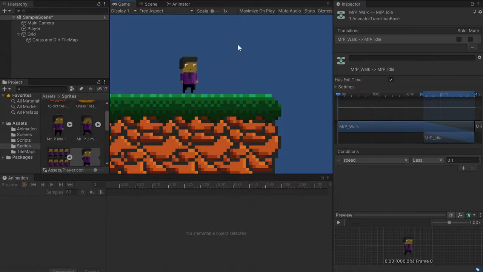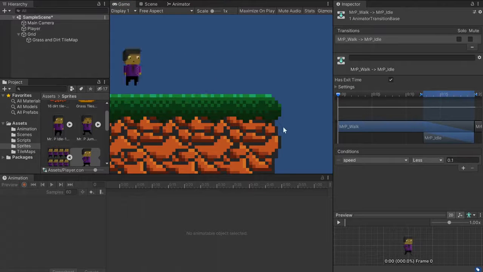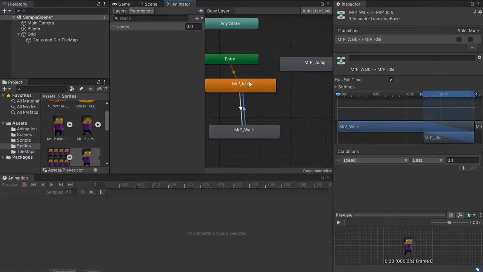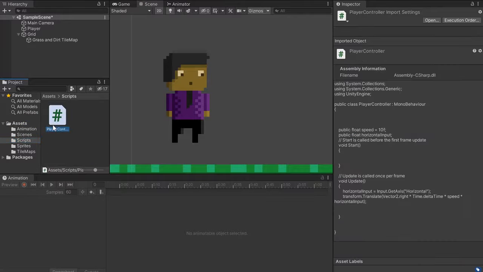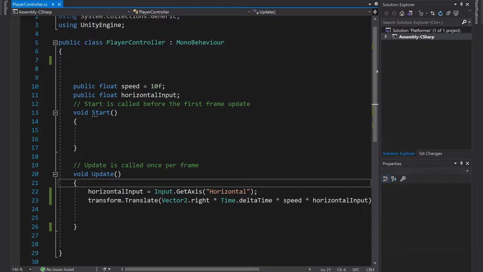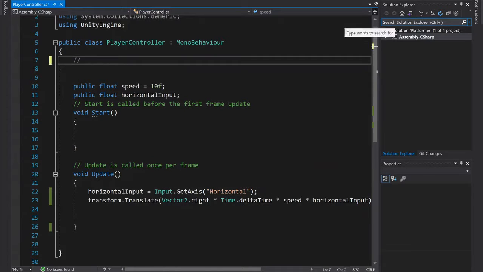Now here's why. I created the parameter in the animator, and I said it's called speed, but I didn't code anything that would change the speed parameter in the animator. So in order to change that, what I need to do is go back to my project, in my assets, here's my script. I need to code it so I can change the speed parameter. So I'm gonna make a section right here,